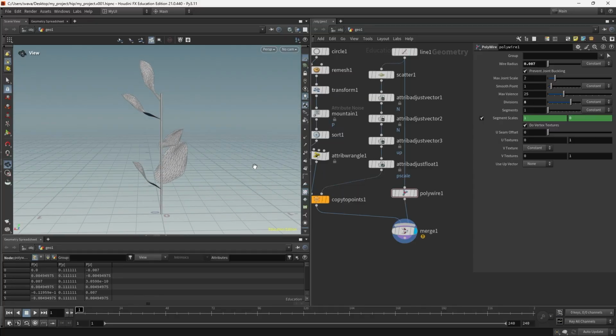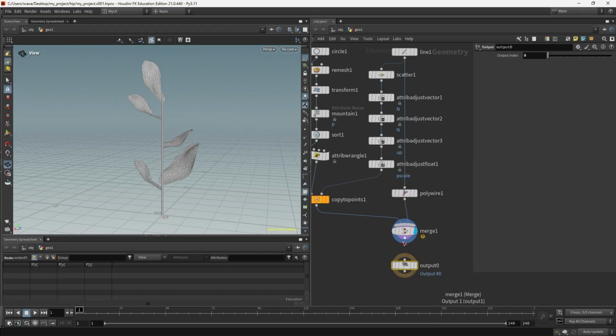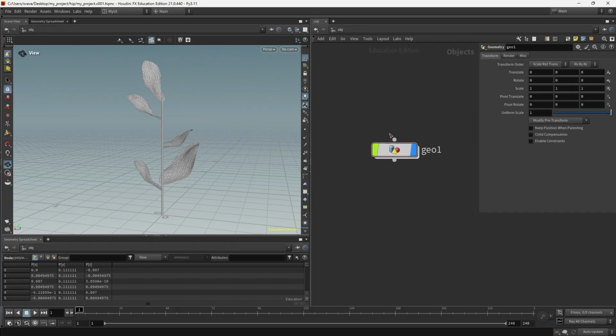So now at the end of the node tree, I'm going to put down an output node, connect it, and this way, no matter where we place the blue flag, whatever is in the output node is going to be what is visible on object level and also what will be rendered.